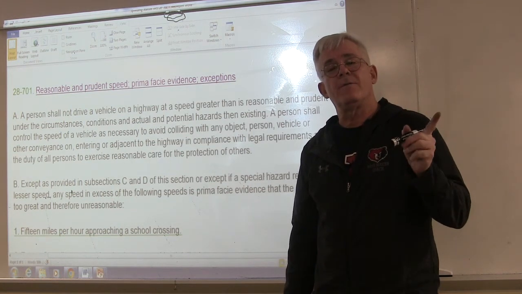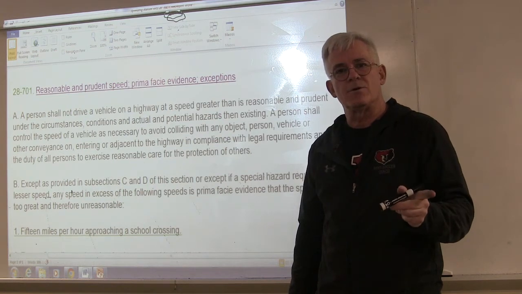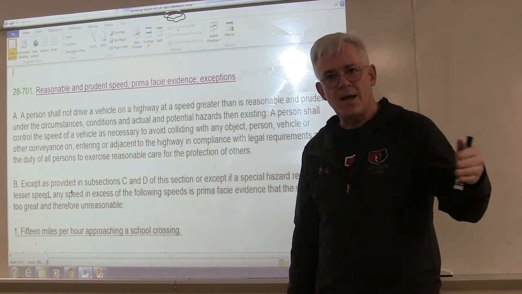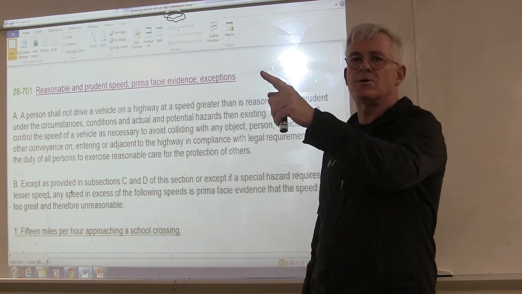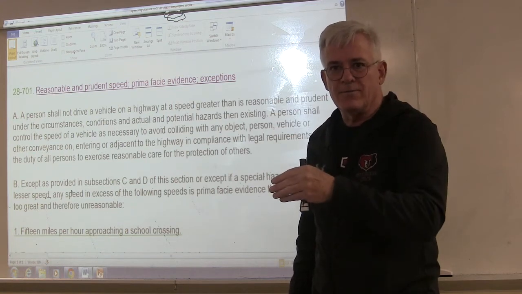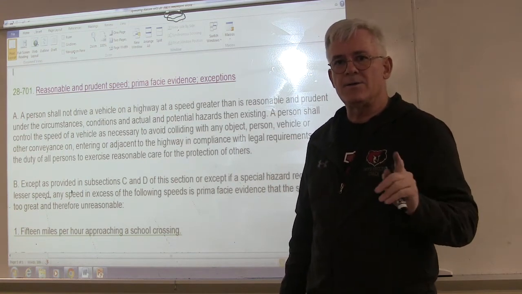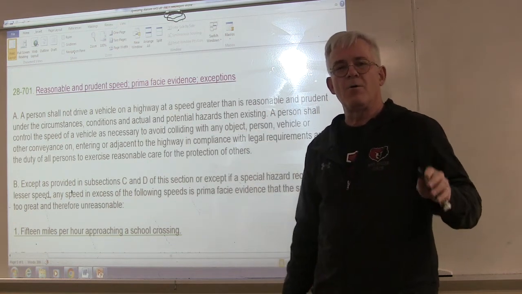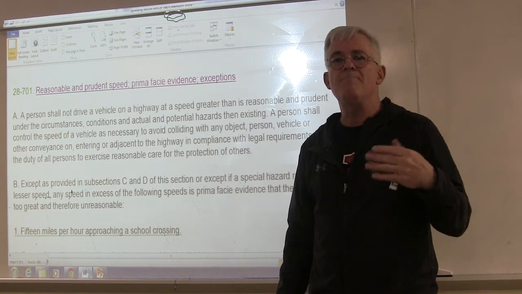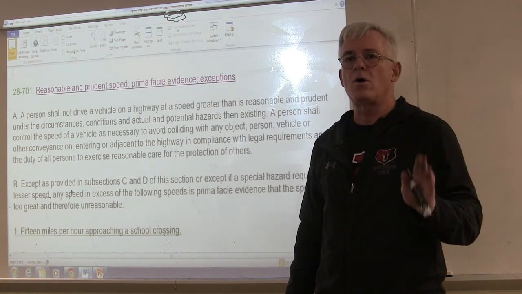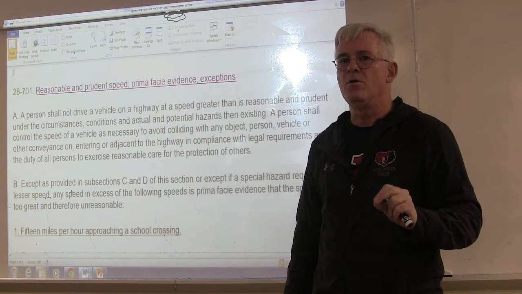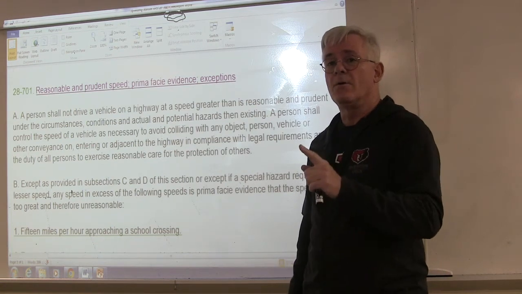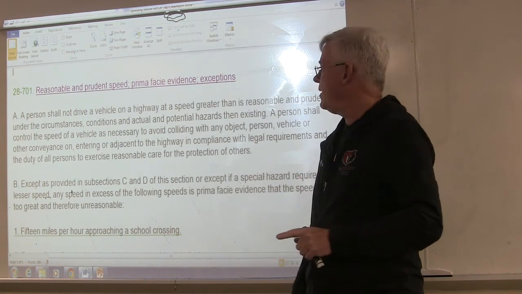Now, the legislature threw a bone to the cops. What branch of the government are the police officers in? Legislative, executive, or judicial? They are executive. The Arizona State Legislature is the legislative. They make a law saying it's illegal to drive unreasonably. Then they throw the cops and the prosecutor a bone. They're going to say, we're going to make it easy for you to prove unreasonable driving if the person was driving over the speed limit with the